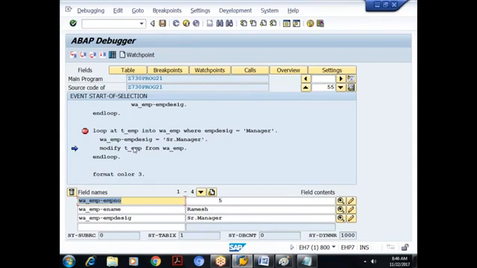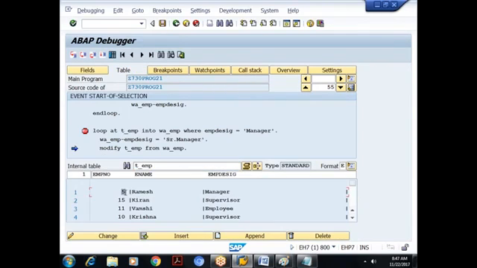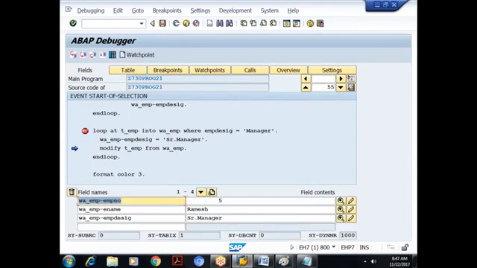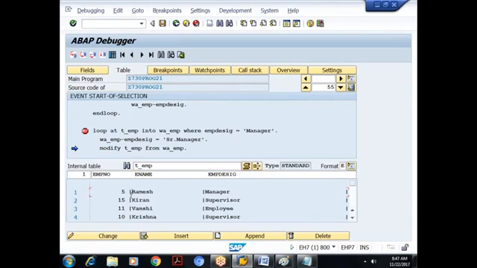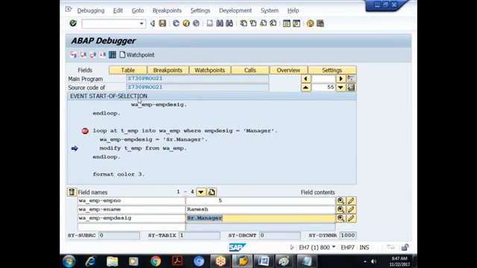So I'm using MODIFY T_EMP FROM W_EMP. What will it do? It will take this employee number from the work area. What is this? 5. Any change here? No change. Then it will take the employee name. What is the employee name here? Ramesh. Any change? No change. Then it will take the designation. What is this? Senior manager.